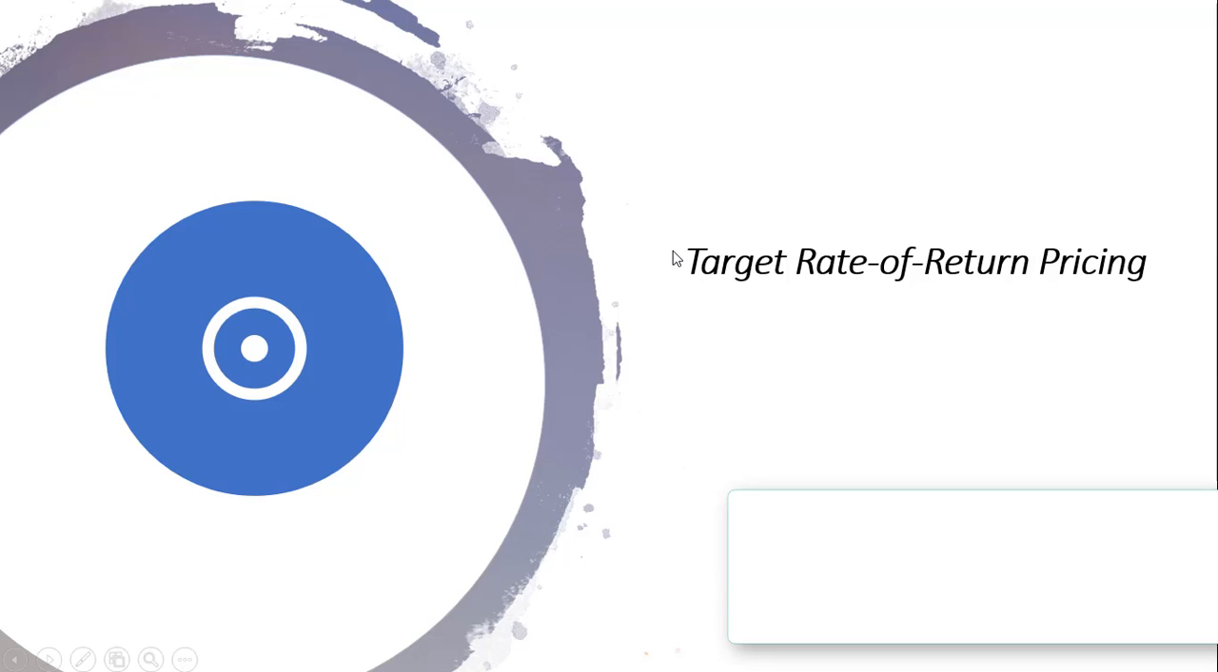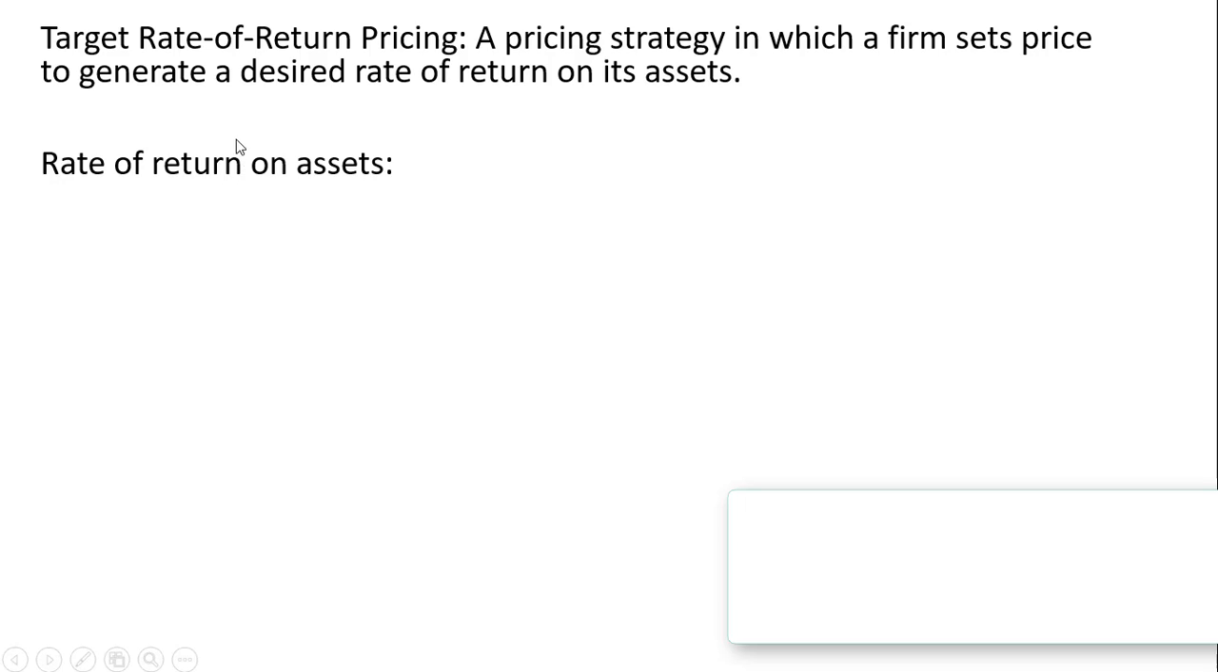Hello, in this video we're going to look at target rate of return pricing. This is a pricing strategy in which a firm sets price to generate a desired rate of return on its assets. The rate of return on its assets is going to be profit divided by assets, where R is the